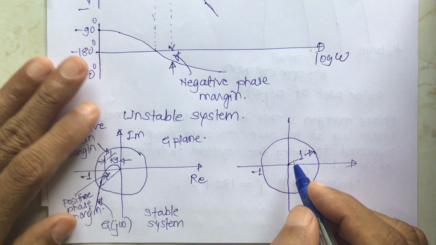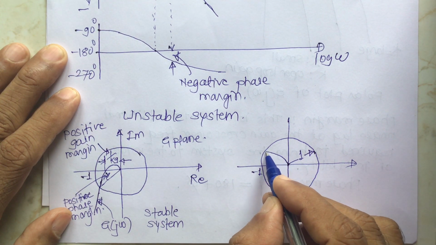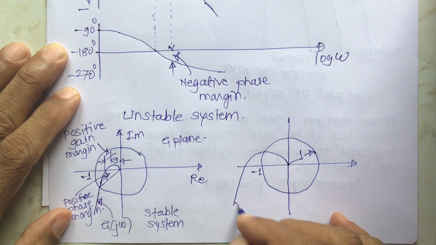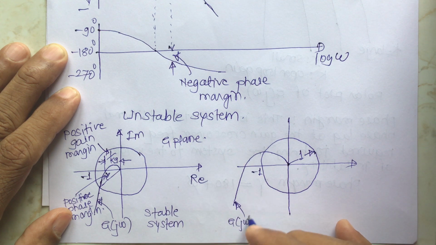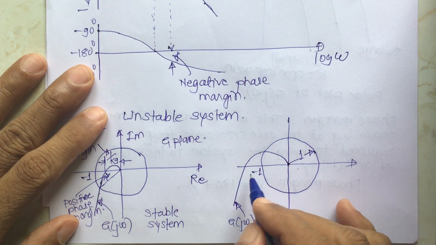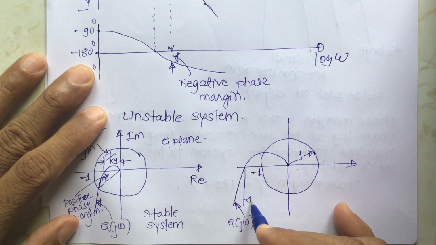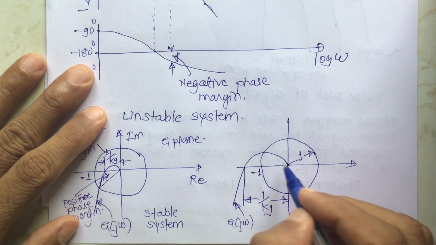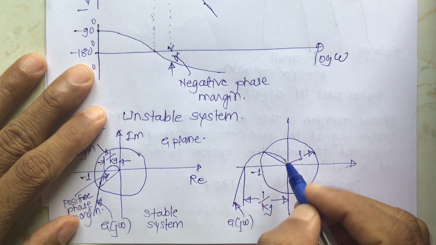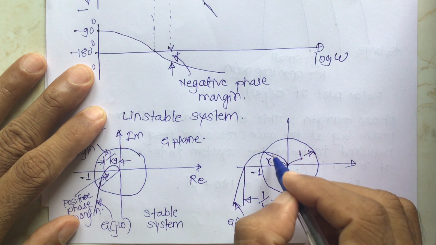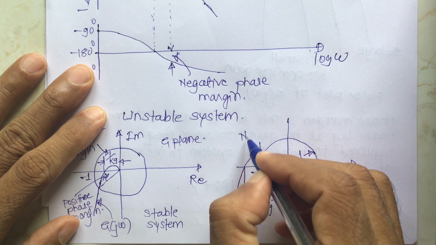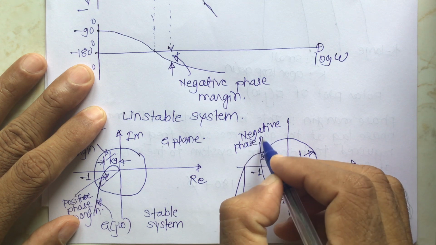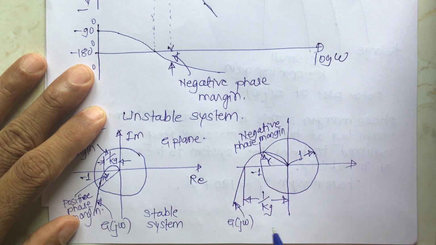And for the system to be unstable, that means this plot is having the value of very large k, and this is the G of j omega. Okay, so the magnitude can be found from this. This is 1 by kg, and this is your gamma, and this gamma is the negative phase margin. Okay, and this